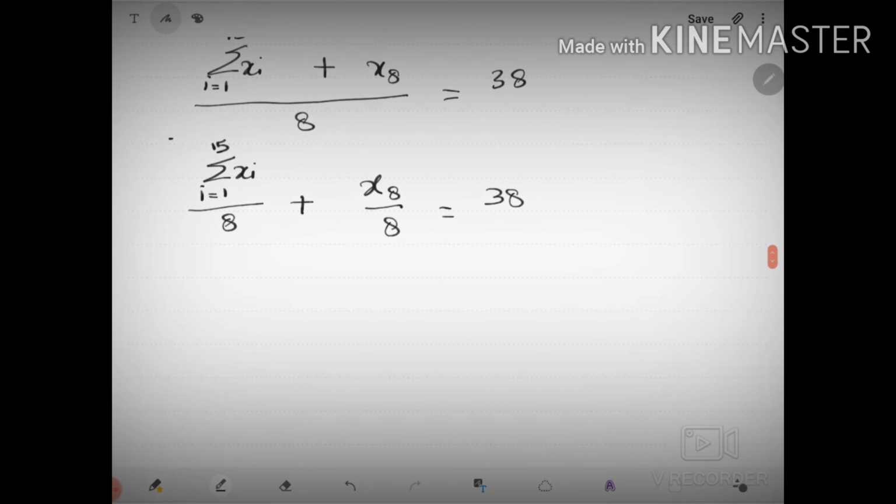Now one observation you have to make is that this particular value, sigma xi, i equals 1 to 15, the sum of all 15 observations, divided by 8, is basically the mean of the 15 observations, which is given over here as 19. So can we replace it? I can just put a bracket here and write x1 plus x2 plus x3 till x15 divided by